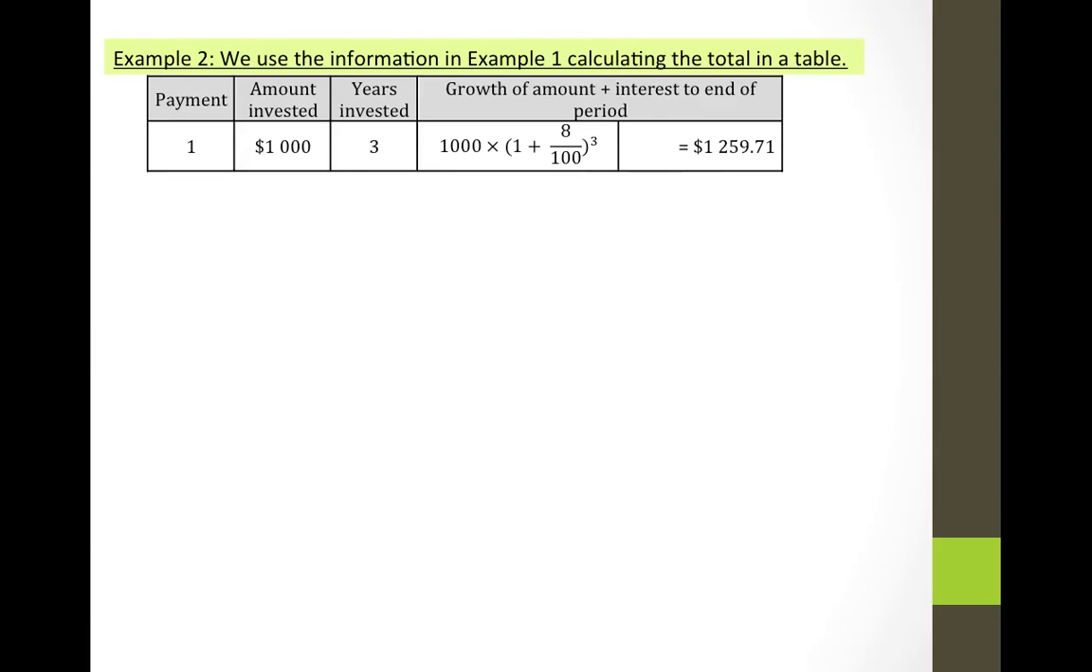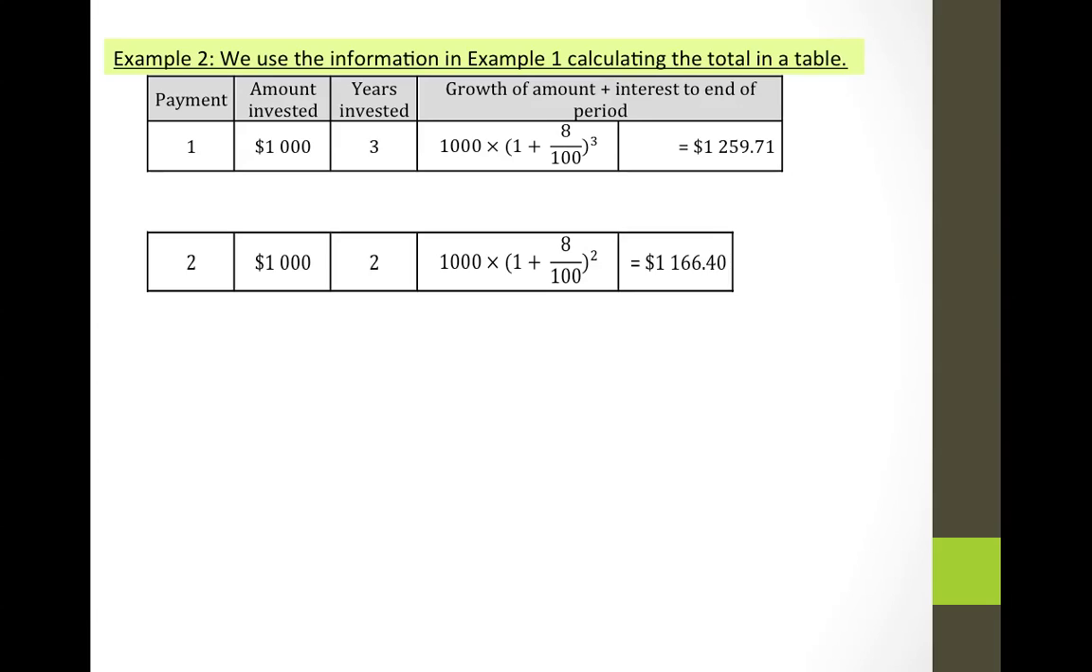Example 2. We're going to use the same information in example 1, calculating the future value of the same annuity, but this time showing the working in a table. At the end of year 1, he invests $1,000. This $1,000 has 3 years left to earn interest. Therefore, at the end of the 4-year period, this $1,000 would have grown to 1,000 times 1.08 for 3 years compound interest. That will be